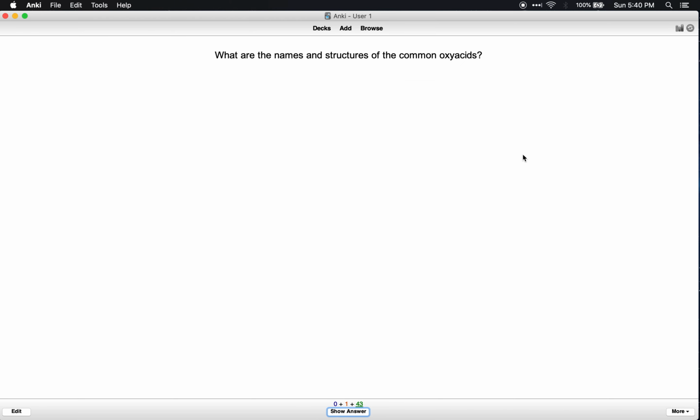What is the name of the structure of common oxyacids? You have phosphate, which is PO4 3 minus. We have sulfate, which is SO4 2 minus. We have borate, which is BO3 3 minus, and we have